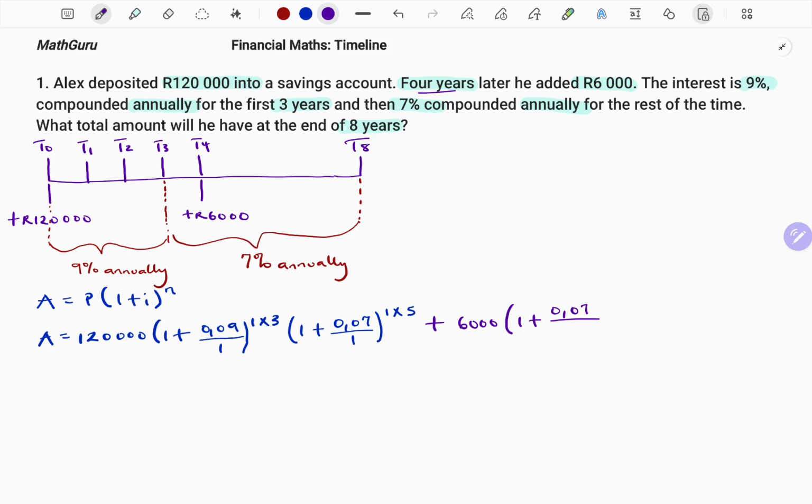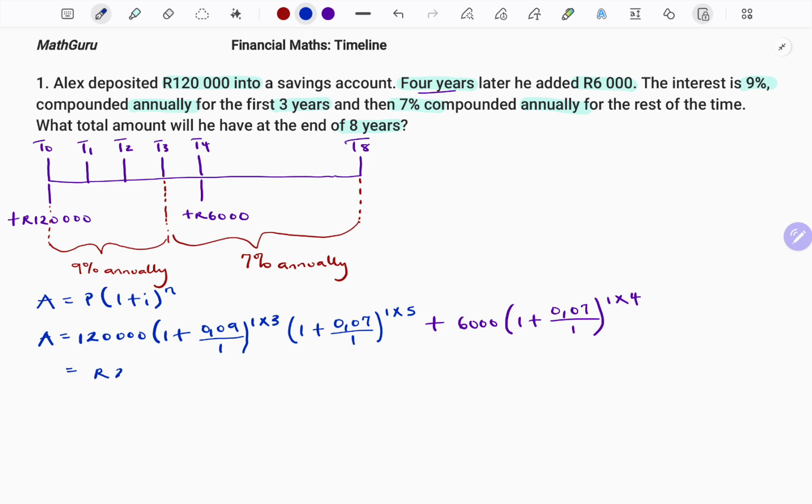It's also compounded annually, so I divide by 1 to the power of. So note that this came in at year 4. And year 4 to year 8, that's 4 years. So that's going to be to the power of 1 times 4. Therefore, this will give me